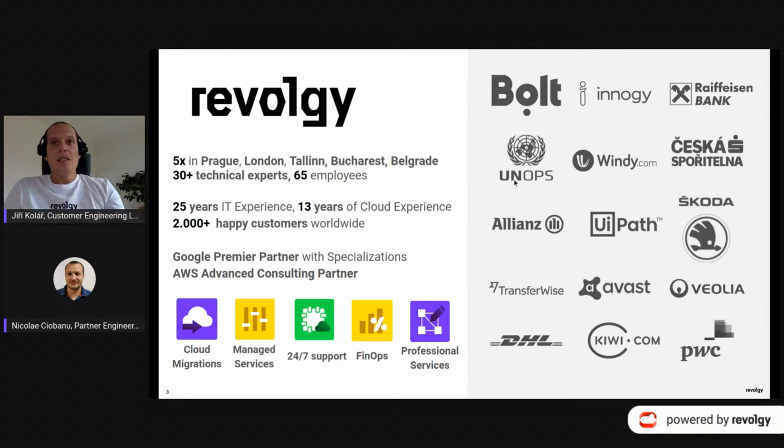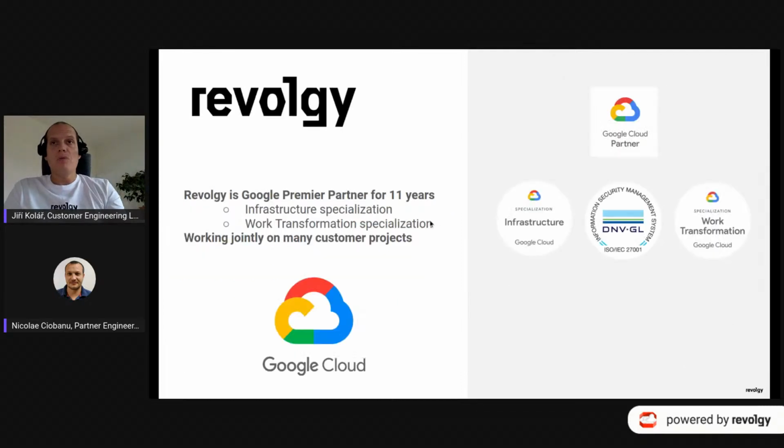Great. One more thing to say about Revolgy: we have been a Google Premier Partner for 11 years. We have some specializations in infrastructure, especially related to cloud migrations, and also work transformation, because we also do Google Workspace as well.